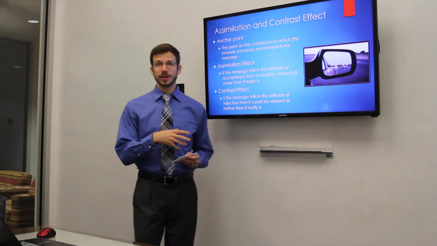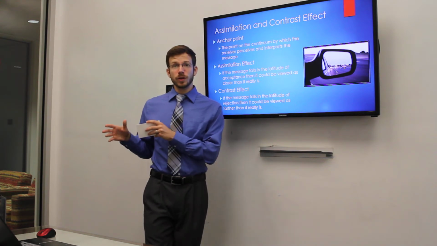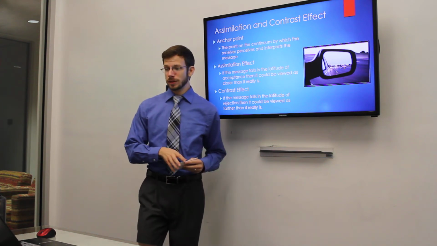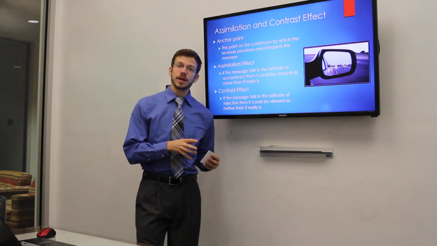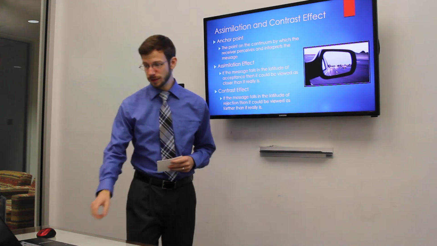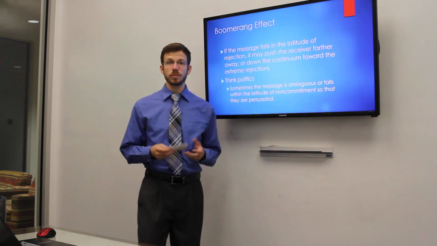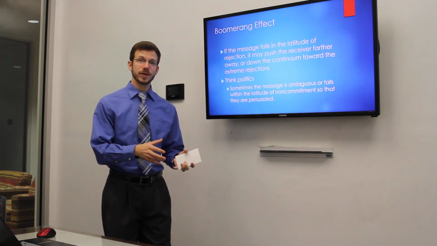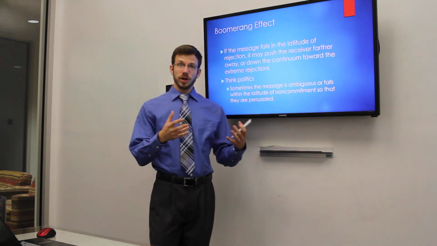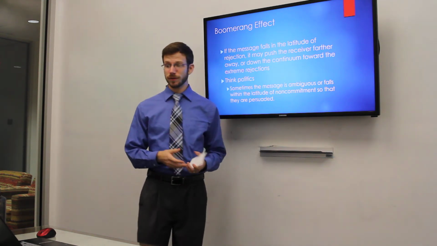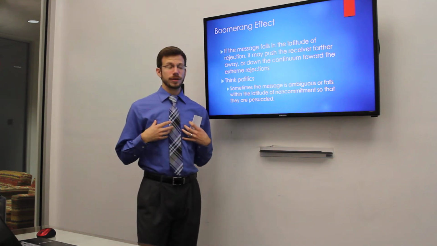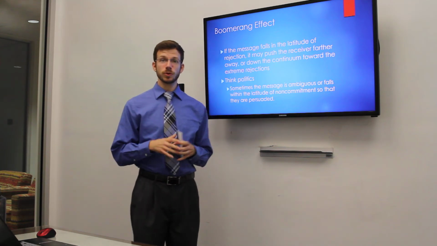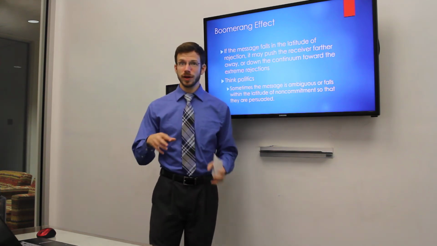The contrast effect is when it falls in their latitude of rejection, and then they view it as something further away than what it really is. And then a third effect is the boomerang effect, which again, if it falls in their latitude of acceptance, it might bring them closer to that position, but if it's in their latitude of rejection, then it might push them away. And that's why politicians sometimes use ambiguous language to avoid those extremes and try and create the most attitude